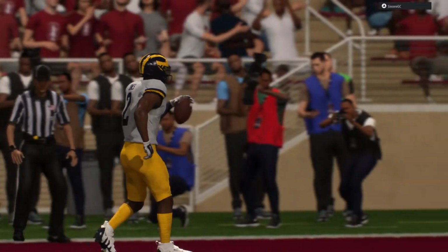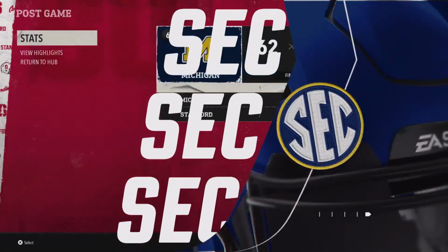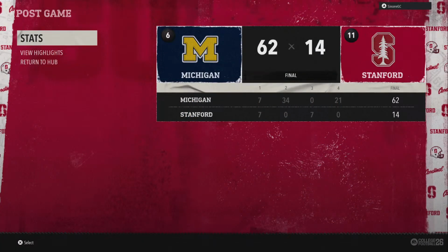You're right. Not all ranked teams are created equal. One of these teams is a college football playoff contender. The other simply is not. And that demonstrated itself today. The higher ranked team is a team with national championship aspirations. They've got